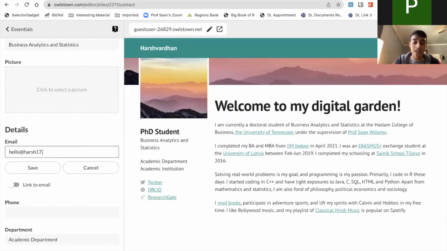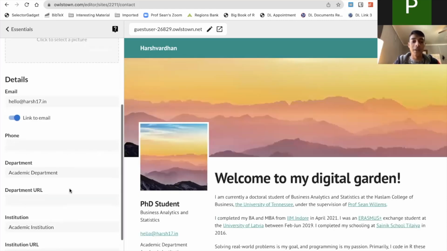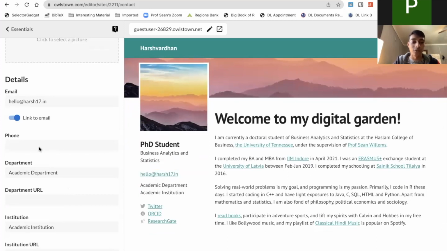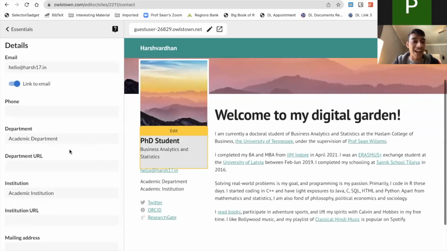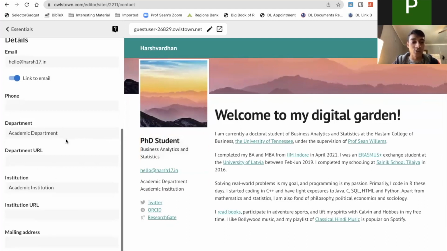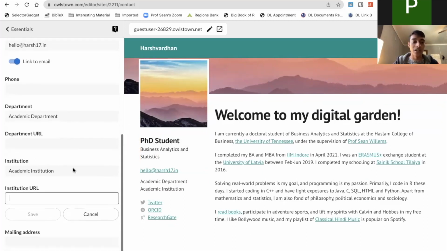I've always found that it's better to have the email public, and you will have to deal with the spam for sure. And then there will be academic department, academic URL, institution. All of these things are simply editable, so you could put in whatever you want. And institution URL, similarly, it is only if I put in utk.edu,